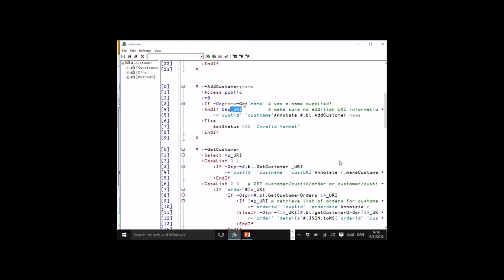Whether it came on the command line using the notation with the question mark and the ampersand, whether it was included in the URL, or whether there was actually a post back and there was form content where there was a field in the form called name and there was a value. Inside your code, if you say get name, that will give you the value of name that was passed back from the browser, regardless of what the mechanism was for doing that. And this is sort of the part where we're still not quite happy, because if you compare to